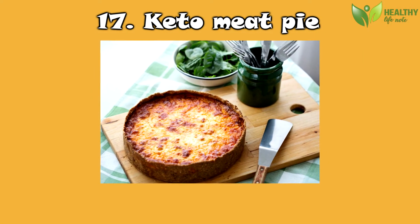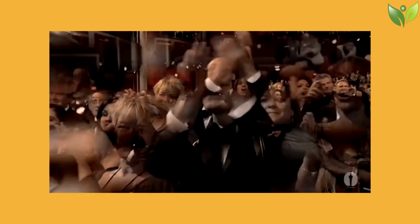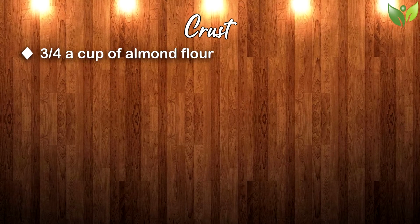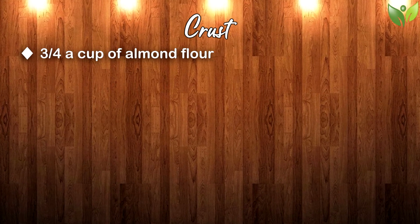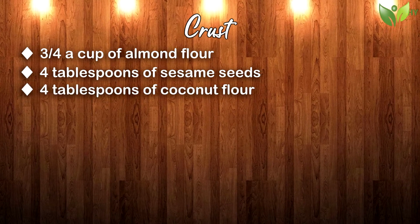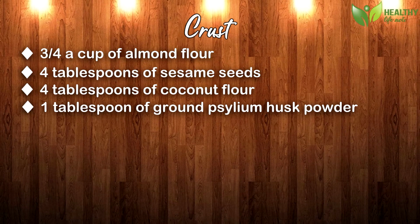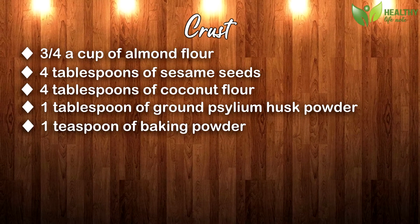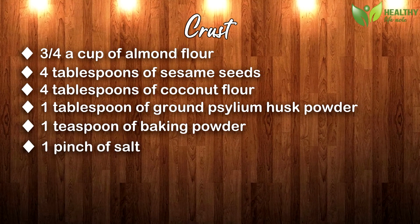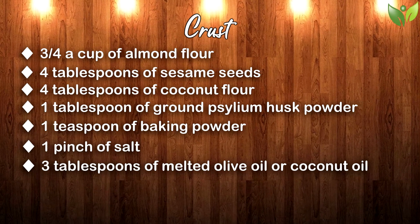Keep everybody contented with this fantastic cheese-based keto recipe. Any cook can get praise from this simple-to-use recipe. 3/4 cup of almond flour, 4 tablespoons of sesame seeds, 4 tablespoons of coconut flour, 1 tablespoon of ground psyllium husk powder, 1 teaspoon of baking powder, 1 pinch of salt, 3 tablespoons of melted olive oil or coconut oil,